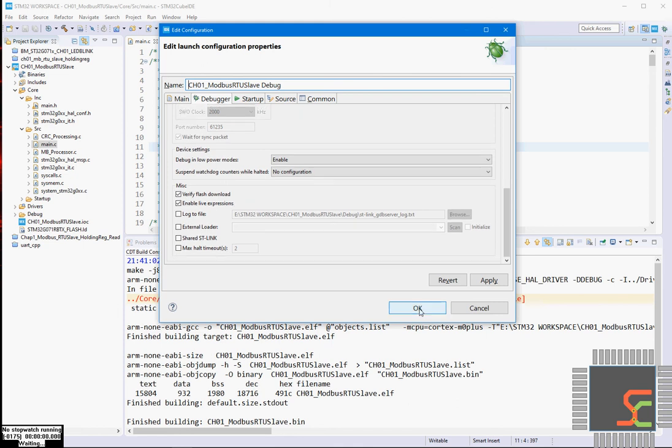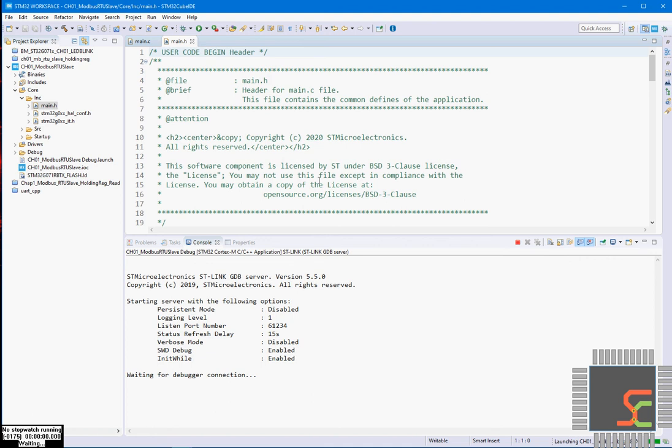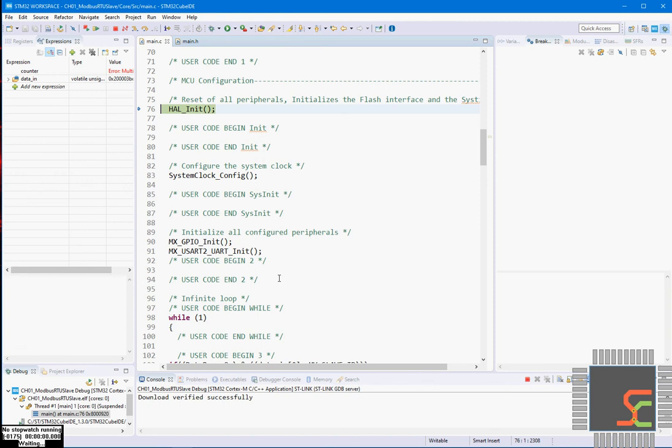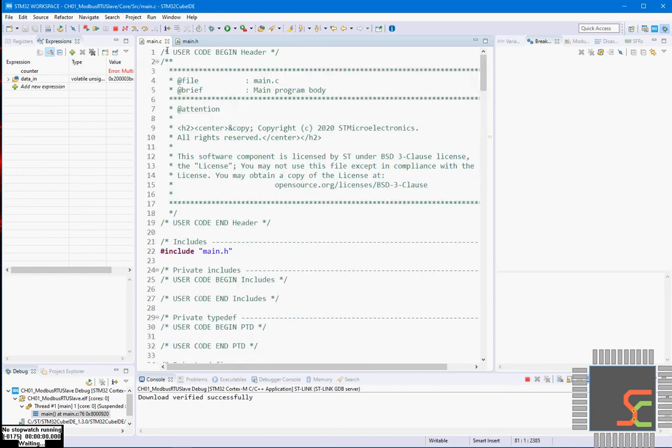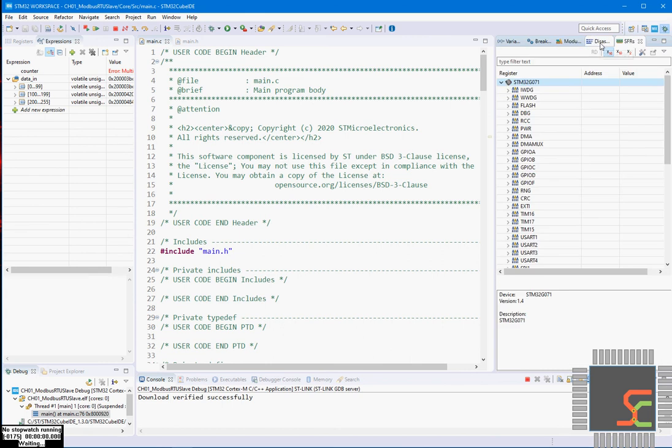So let's start it. Once I start the debugging, the code is loaded again, and this window changes like this. In between I have the code, on the left I have some variables, on the right also I have variables and many more options to select.